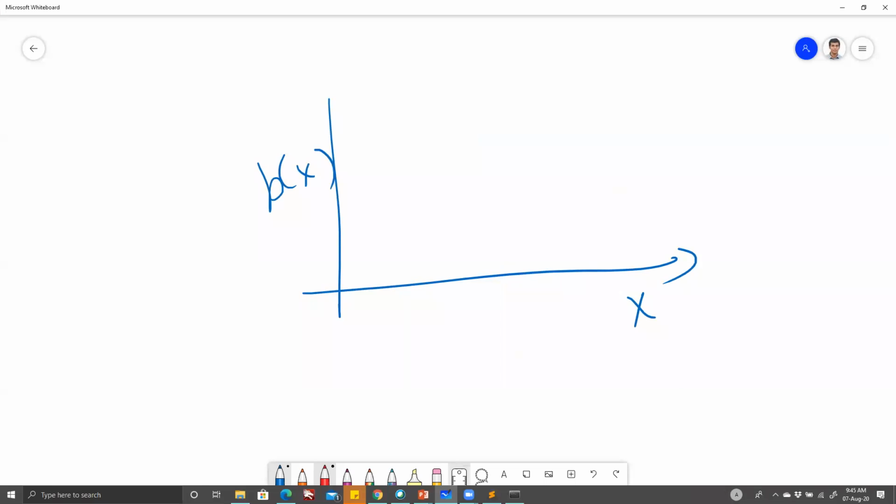If you remember the axis, this is x and this is p of x. So if this is 0 and this is less than negative 1, this equation is saying, what is the probability that most terms will be 0? Let's assign some probability randomly, 0.17. So this is where it's going to peak, and the idea is this will be the highest probability anyway, and then it will start to come down.